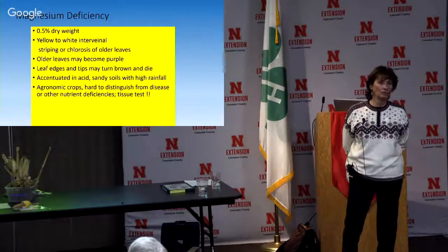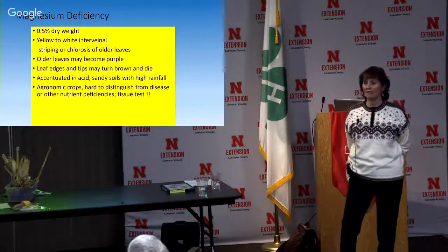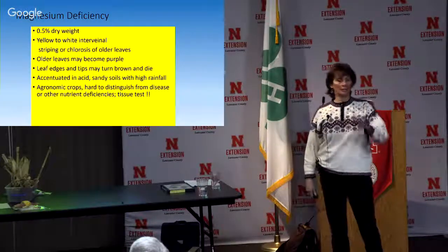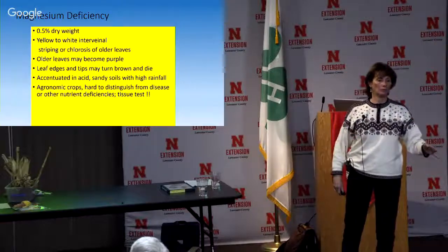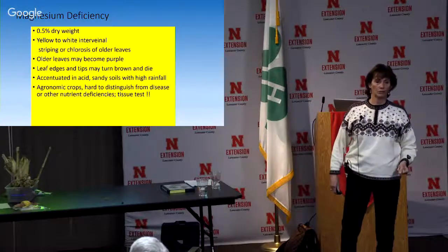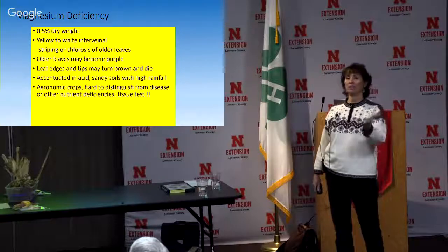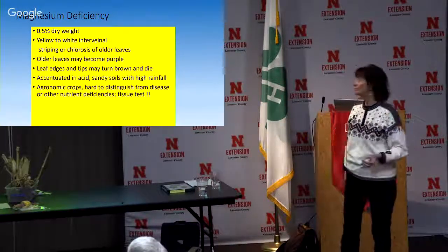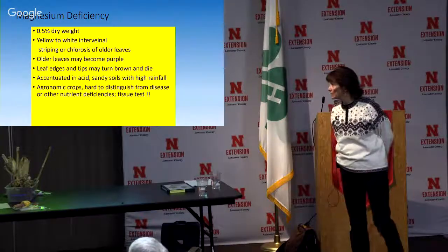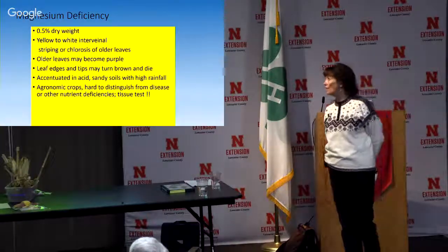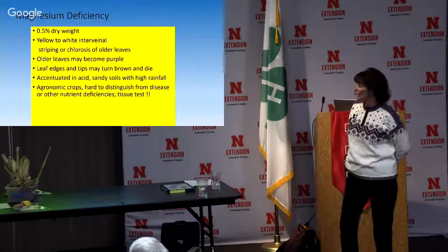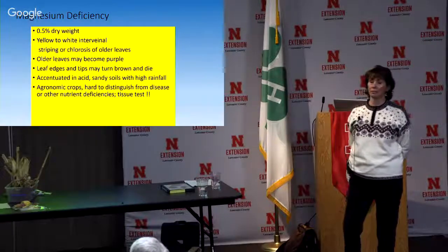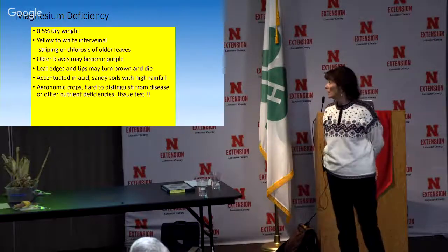And when you don't have photosynthesis and you don't have chlorophyll, you get yellow, okay? The pigments left in the leaves are yellow, orange, and purple, once you kill off chlorophyll. So immediately you see the revealing of those other pigments when you lose the green pigment. Okay, the tips and the edges may turn brown and die. Find it on acid or sandy soils. We don't have any acid soils here, but we do have sandy soils